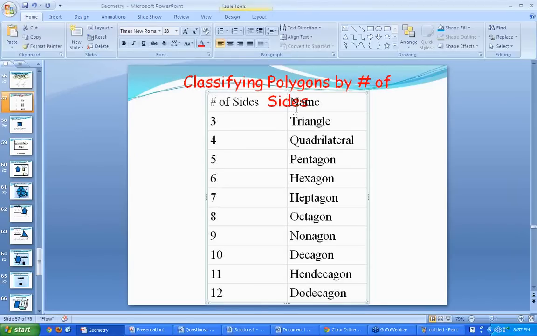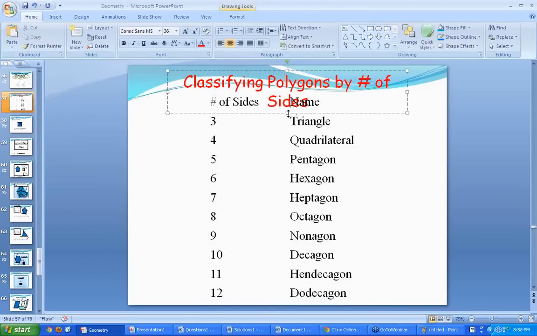I hope it is clear now. Okay, so please note down that an 11-sided figure is called a hendecagon. Remaining, I think you are aware of. Moving ahead,